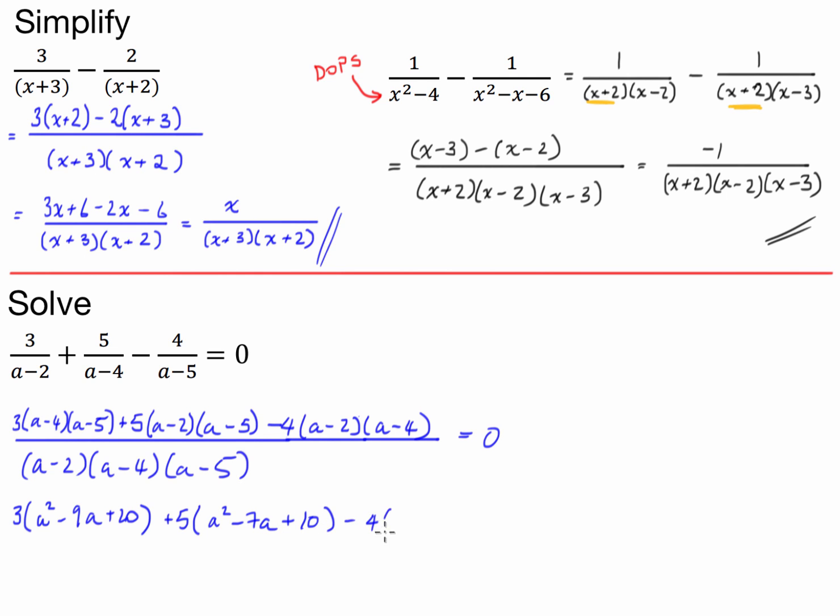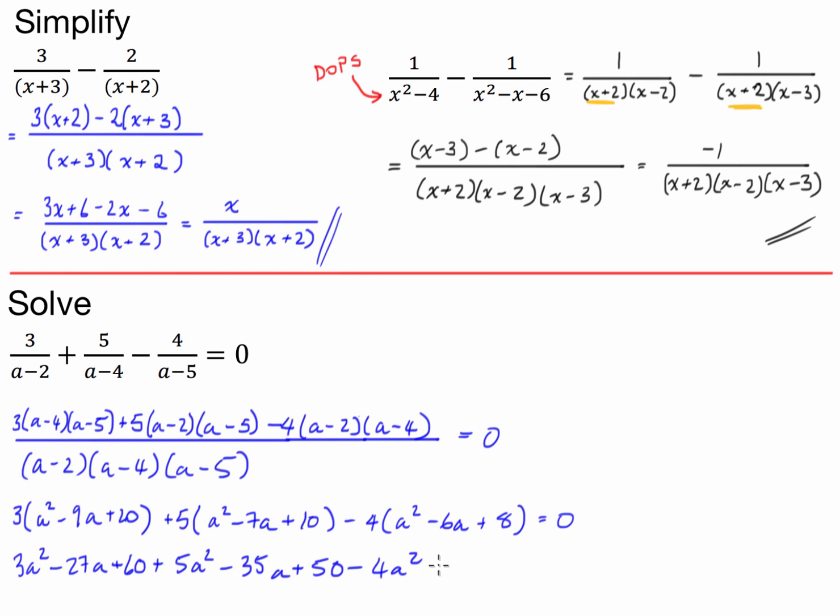Minus 4 times by a squared minus 6a plus 8 equals 0. Cool. Now, again, before we combine any of our like terms, we have to multiply into the next bracket. So we have 3a squared minus 27a plus 60 plus 5a squared minus 35a plus 50 minus 4a squared times